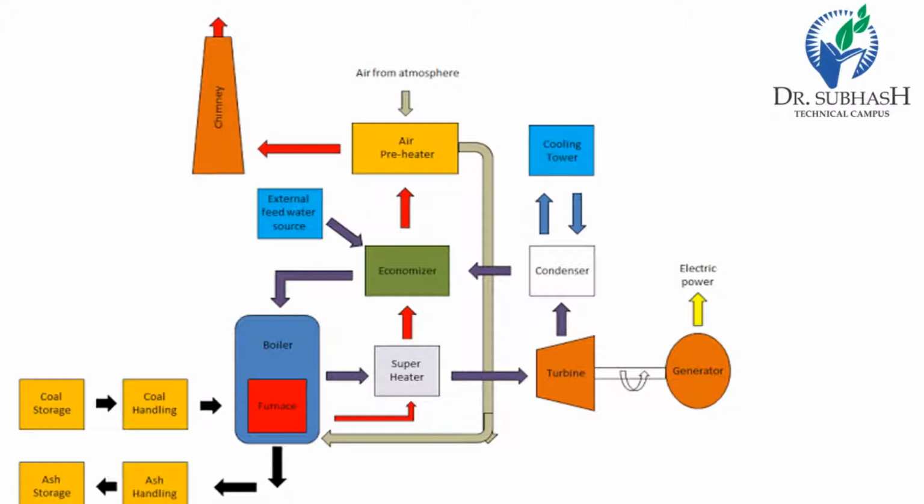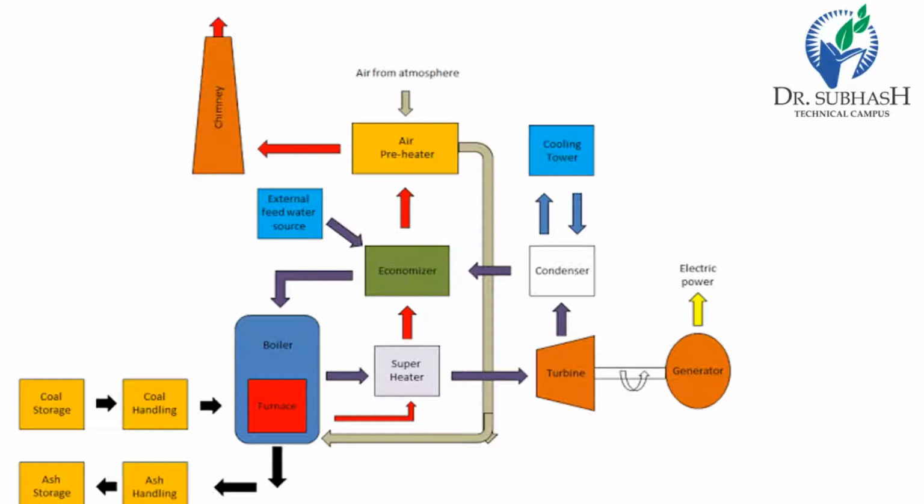First one is the coal and ash handling plant. The coal is transported to the power station by road or rail and is stored in the coal storage plant. Storage of coal is primarily a matter of protection against coal strikes, failure of transportation systems, and general coal shortage. From the coal storage plant, coal is delivered to the coal handling plant where it is pulverized in order to increase the surface exposure, thus promoting rapid combustion without using a large quantity of excess air.